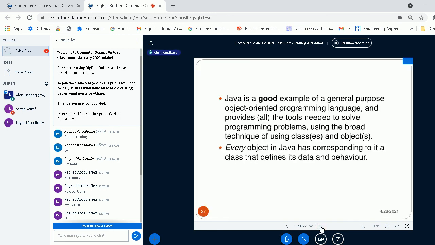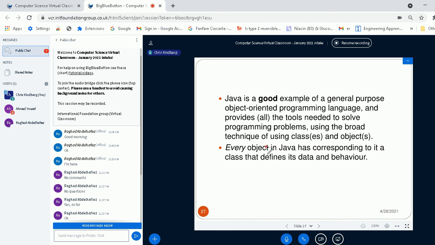So anyway, Java is a good example of a general purpose, object-oriented programming language, and provides all the tools needed to solve programming problems using the broad technique of using classes and objects. You don't need anything else. Everything can be represented by means of classes and objects.